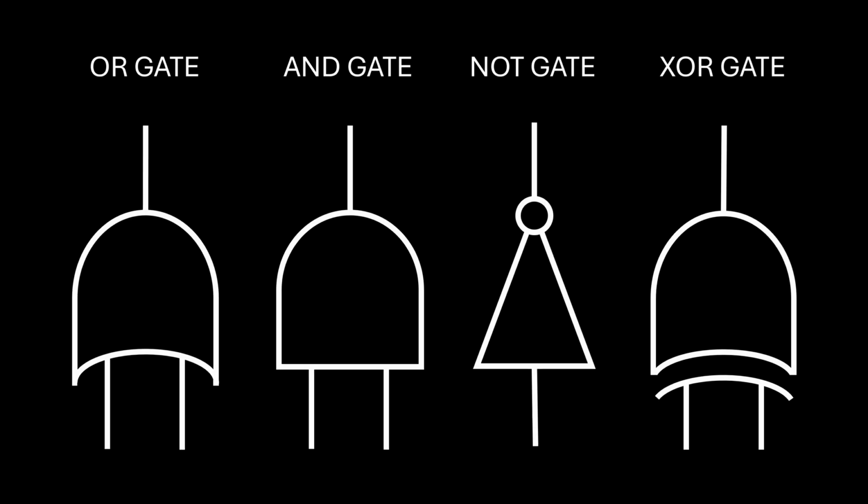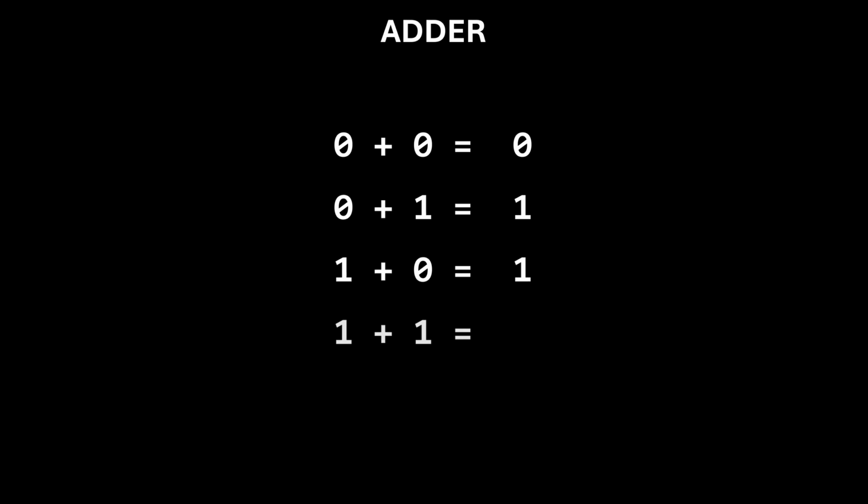And now that we understand what logic gates are, let's use them to create more useful things. Let's start with adders. Adding binary numbers is actually quite simple. In fact, binary addition works just like decimal addition. 0 plus 0 equals 0, 0 plus 1 equals 1, 1 plus 0 equals 1, and 1 plus 1 equals